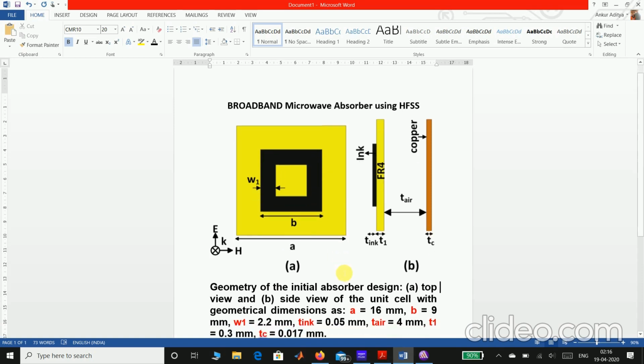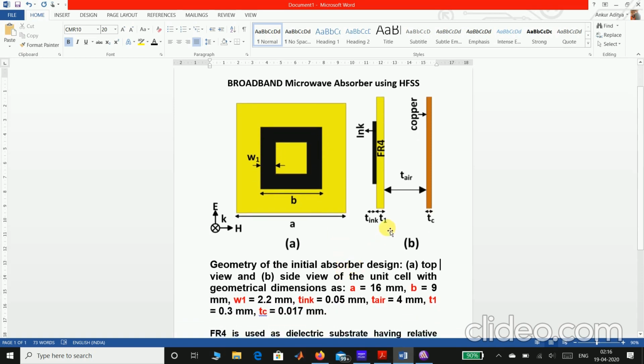For choosing the dimensions, there is no hard and fast rule; we mainly decide based on simulations. We do various simulations, take the best simulated output, and consider that dimension to be the correct one. Okay, so let us start.